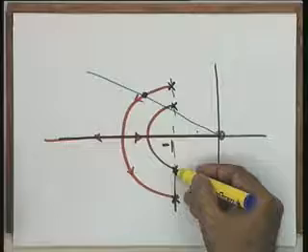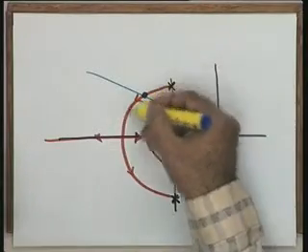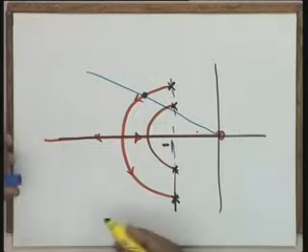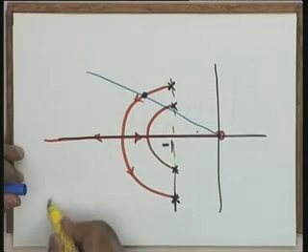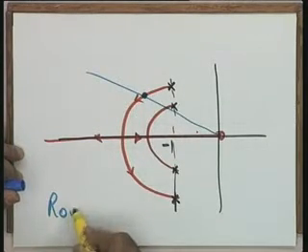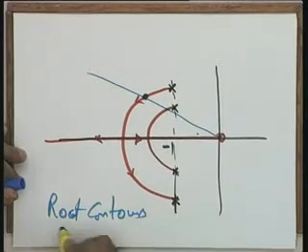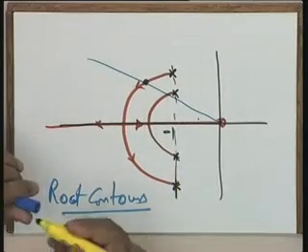So, you see that initially it was only one parameter varying. Now, I have two parameters, ka, the amplifier gain, and kt, the tachometric constant varying. I find that for k equal to one value, the two roots are here, for ka another value, the two roots are here, and the root locus branches are changing this way. So, I can call these roots as root contours. Instead of a root locus plot, these I say root contours.